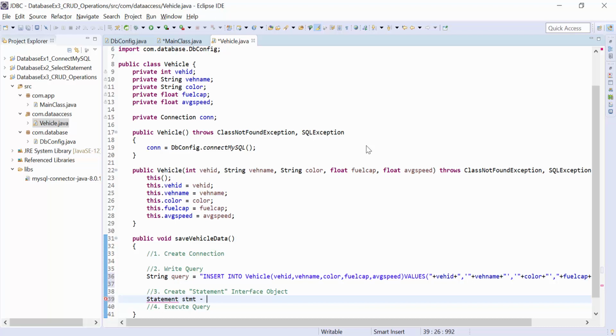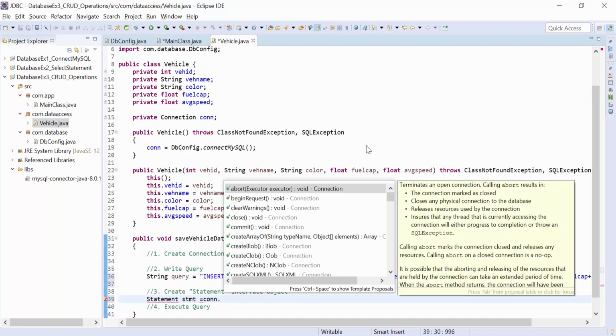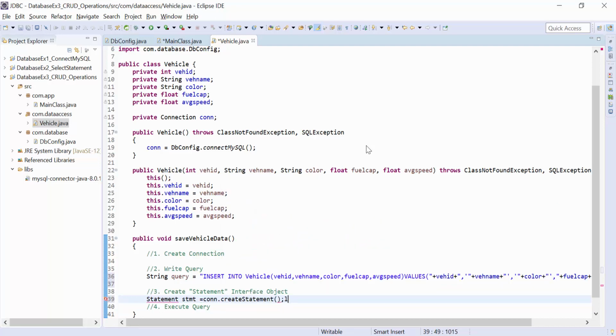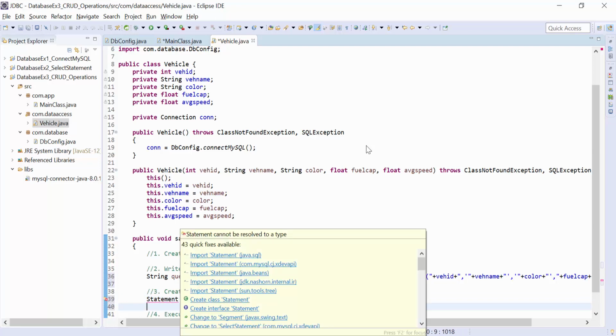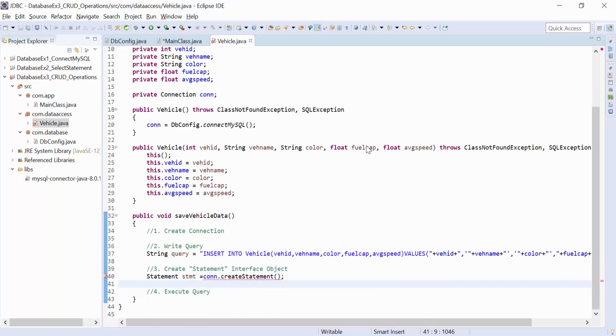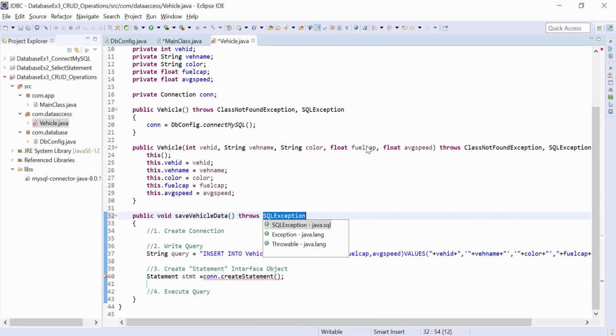Since it is an interface, we cannot create an object of statement directly, but using the connection's create statement function we invoke the statement interface and import it from the SQL package. Now this statement also throws an exception, so you can add a throws declaration, that is SQL exception.